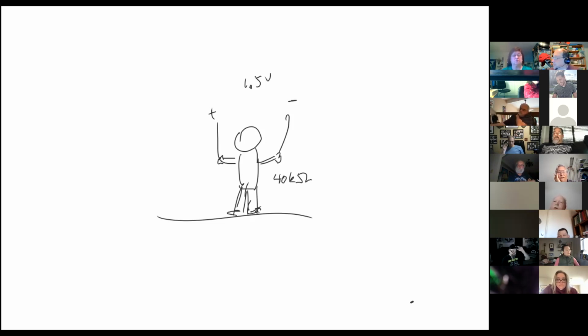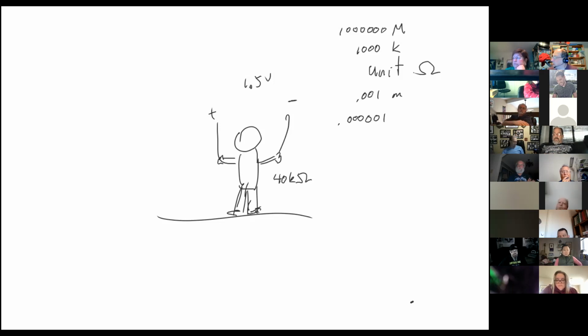Okay, so we're going to have units. We're going to start with our 0, which is just our unit. In this case, it's an ohm. And we're going to have 1,000. That's represented by the little letter K, which is kilo. And then there's a million, which is represented by the big letter M. And then we can also put 0.001, which is milli, and 0.000001, which is micro. And then we can get bigger, which is giga, and 0.0000001, which is nano, and